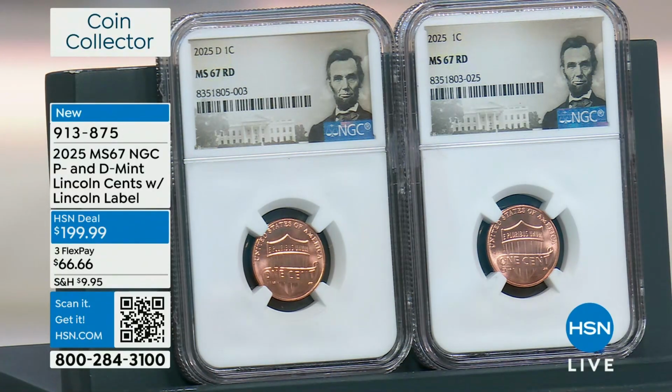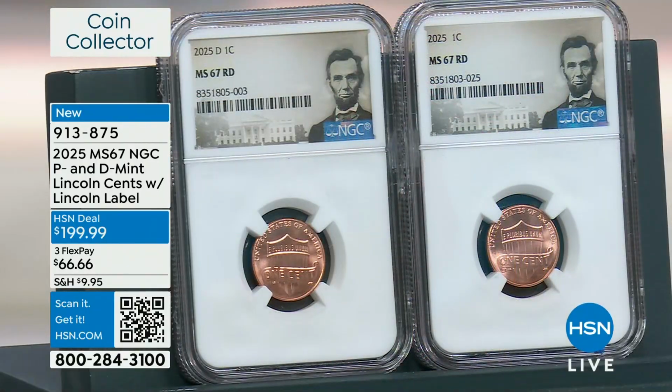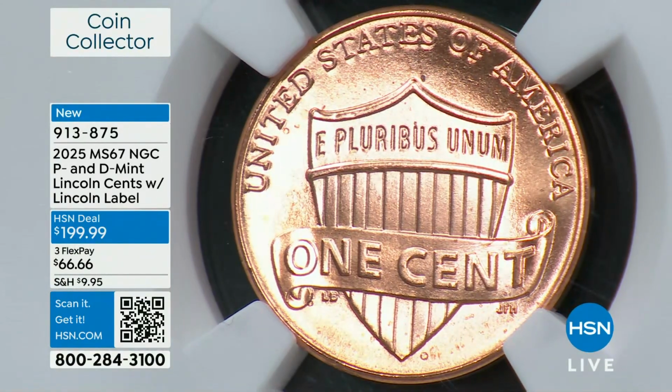Wow. I am breaking the code, if you will, by doing these at $199.95. How are you able to do that for us? Because we graded hundreds and hundreds of thousands. Most people grade 1,000 of each, and they end up with 1 or 2 of these pairs, so they have to get maximum money for those. Got it. But the fact is we graded hundreds and hundreds of thousands to be able to get my 500